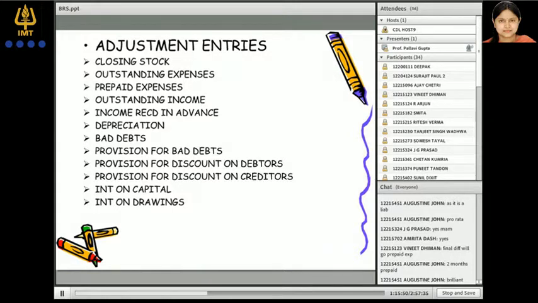Income received in advance. Some income you have received in advance. That is the income which is not due for this year but you have received in advance. That would be